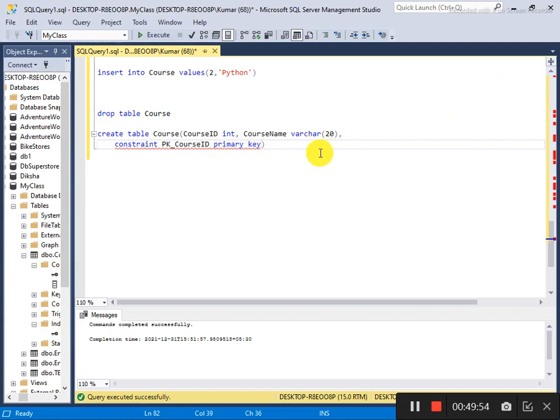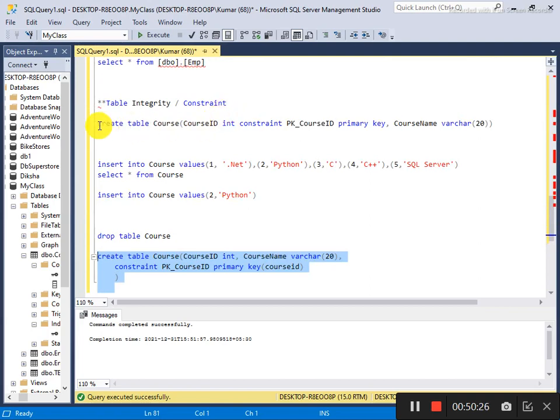Here you have to tell the name of the column where you want to apply the primary key, so you will say course ID. If you are using the constraint on another line, then you have to say the name of the constraint, what kind of constraint, which is the primary key constraint, and on which column you want to apply it. So I am saying on course ID. If you run it, it will work exactly the same as earlier.